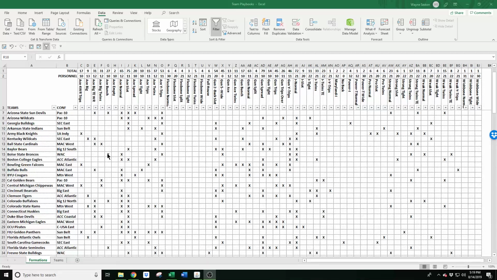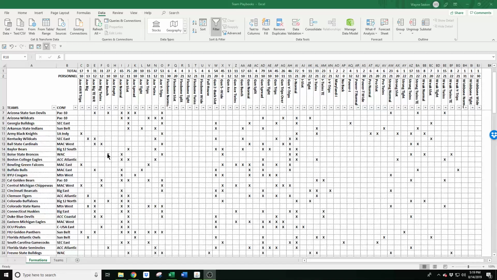Today I want to talk to you about a new file I created that came from a conversation I had with another gamer who likes to play locally, who's blessed enough to have a bunch of buddies who enjoy playing 06 along with him. And what came from that was a file that I created that breaks down every single formation in every playbook